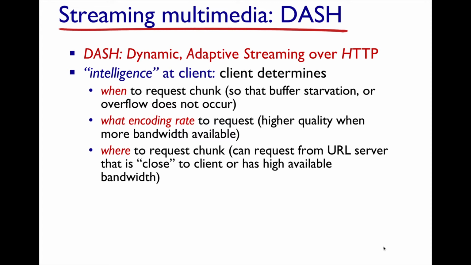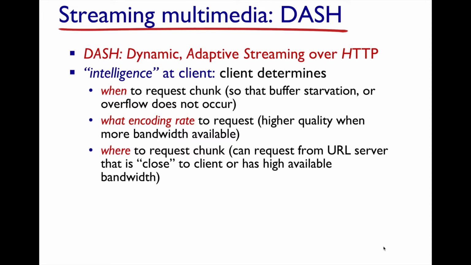And so the client determines a number of things, when to request a chunk, so it knows I need the first chunk, the second chunk, or the third chunk, in addition to the resolution. Get me the medium resolution of the first chunk, and then get me the high resolution version of the second chunk. Okay, get me the medium resolution again for the third chunk, right? And so the client knows when to request things, and it does it at a rate so that its buffer does not overflow, but it's also so that its buffer does not empty out, does not get starved.